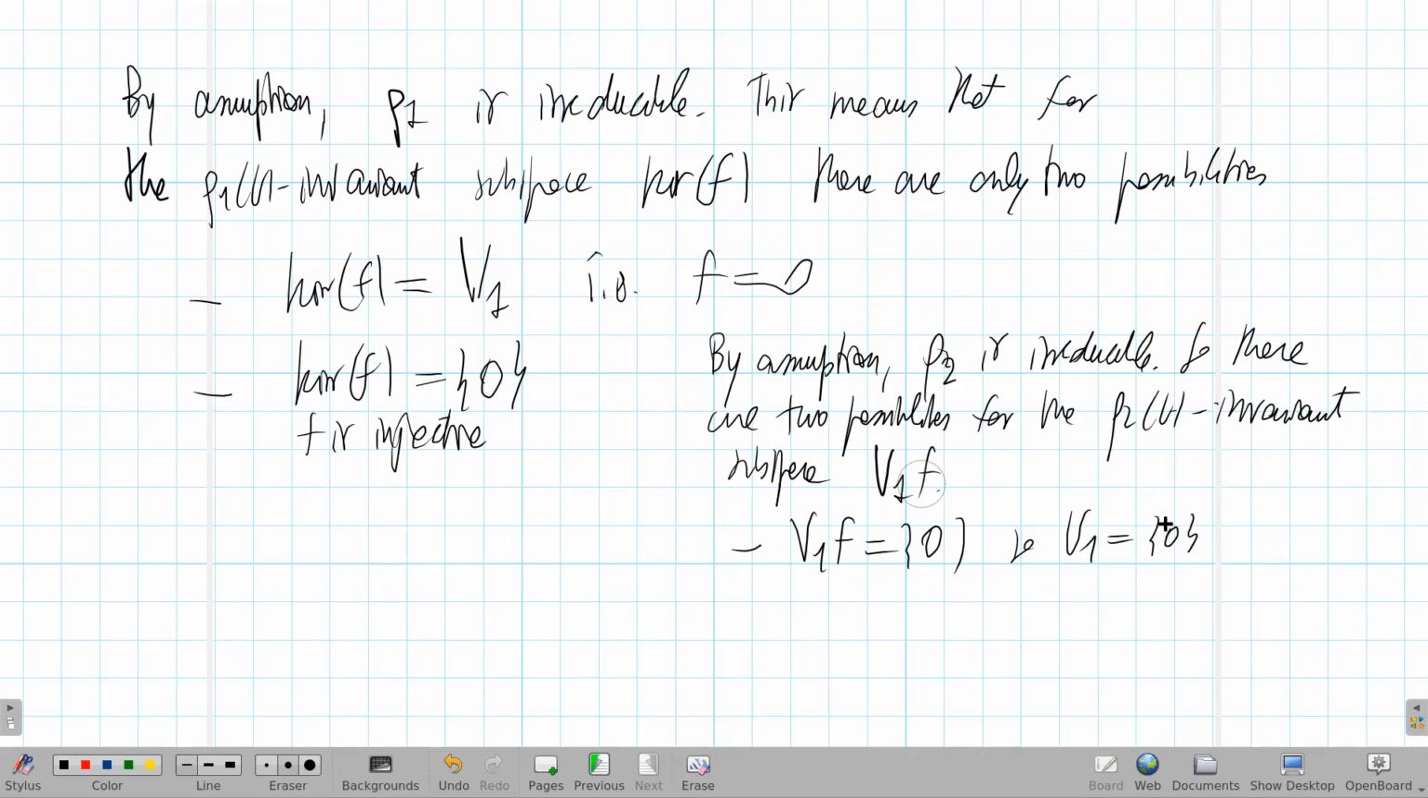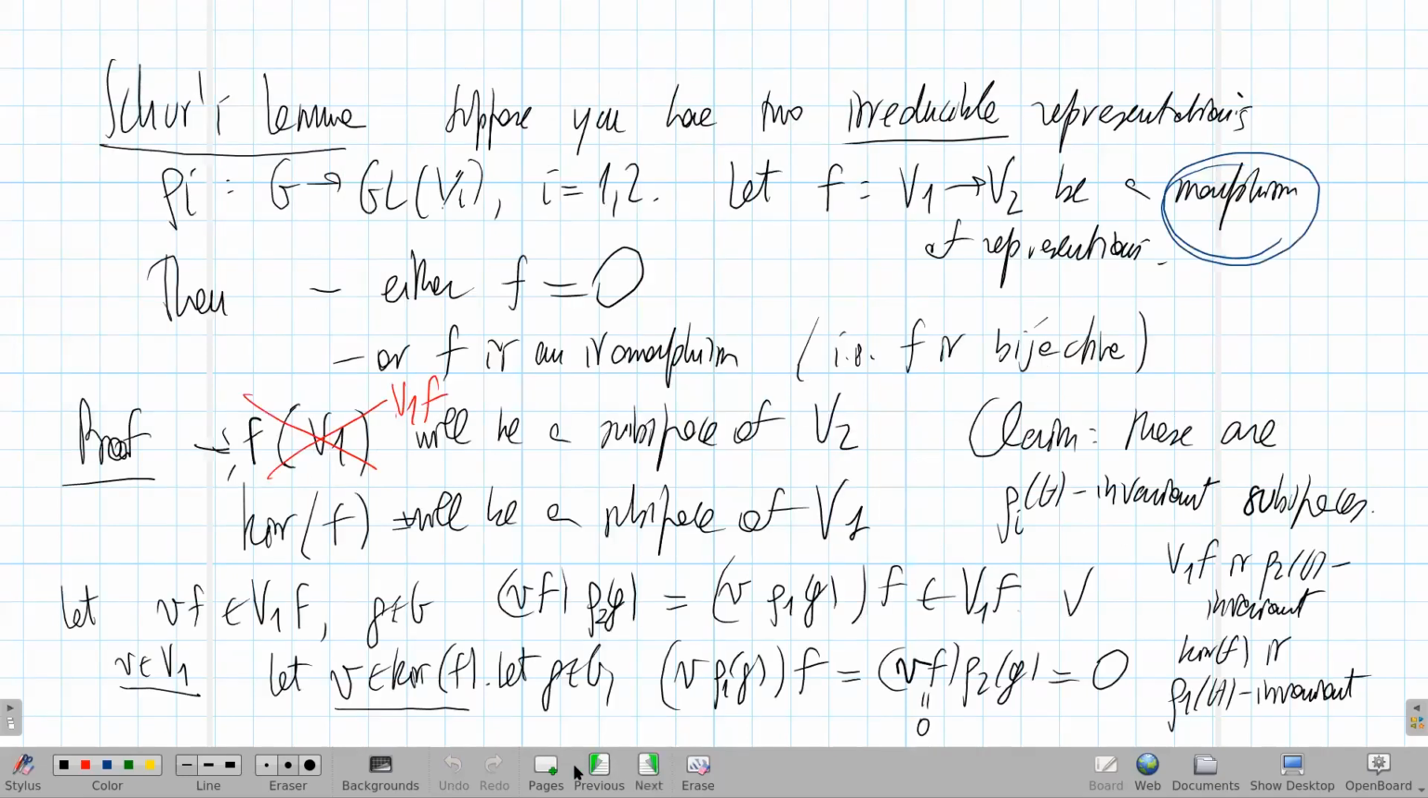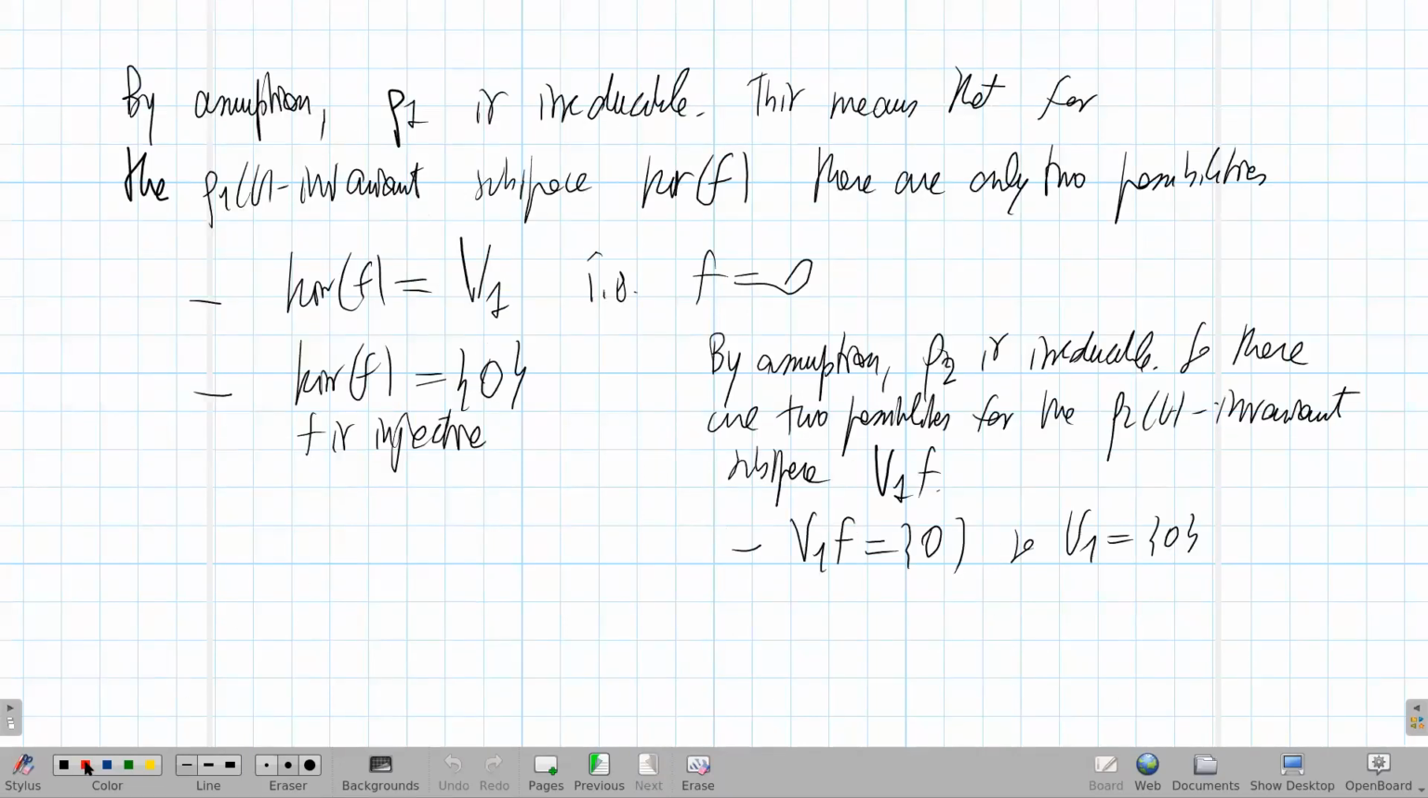Actually, I forgot to mention something important. Okay, let's do this. Let me put it here. I forgot something in the definition of irreducible. A representation rho of G to GL(V) is irreducible if V is different from 0 and the rest. I forgot this